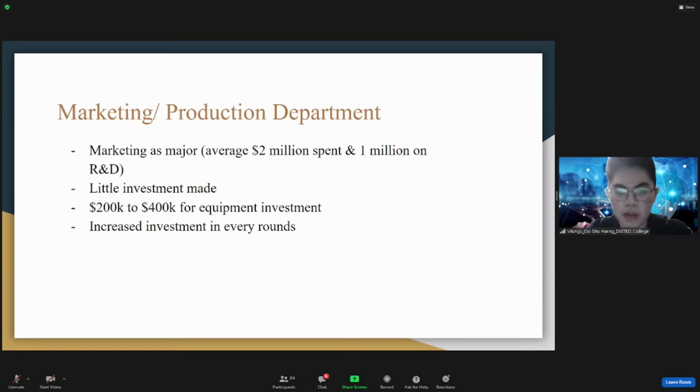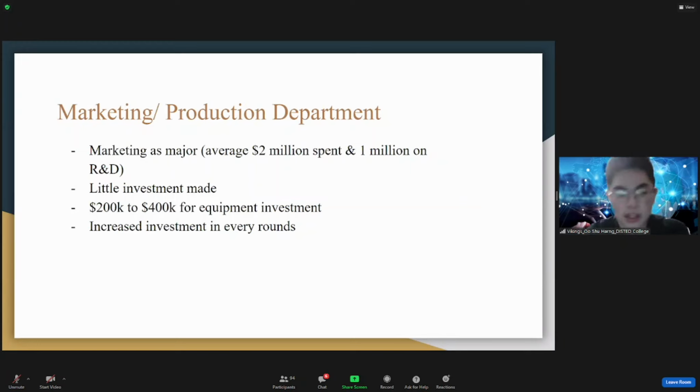The third one, average 200K to 400K investment. This one is basically for the equipment investment. This will maintain our production capacity at not lower than 1.3 million per round. With the maintenance investment, we can make sure that we won't be lower than 1.3 and we can earn a significant amount of revenue, since we forecast our competitor Dongwu is making rising investment for higher capacity.